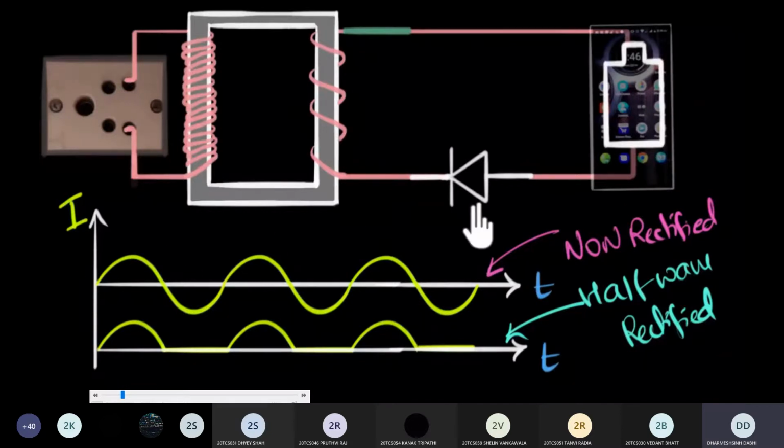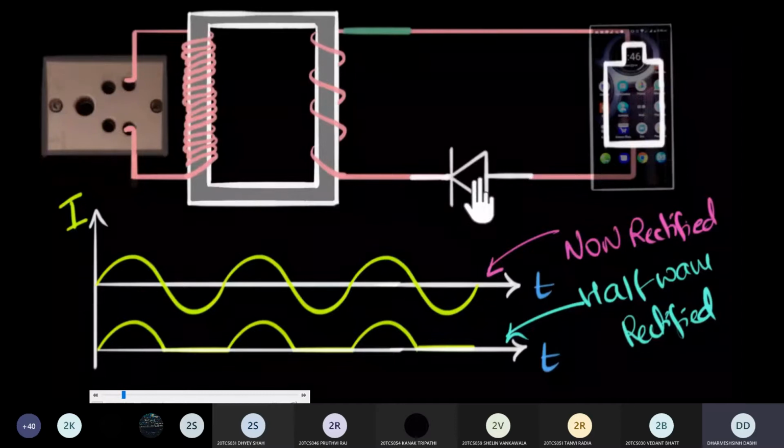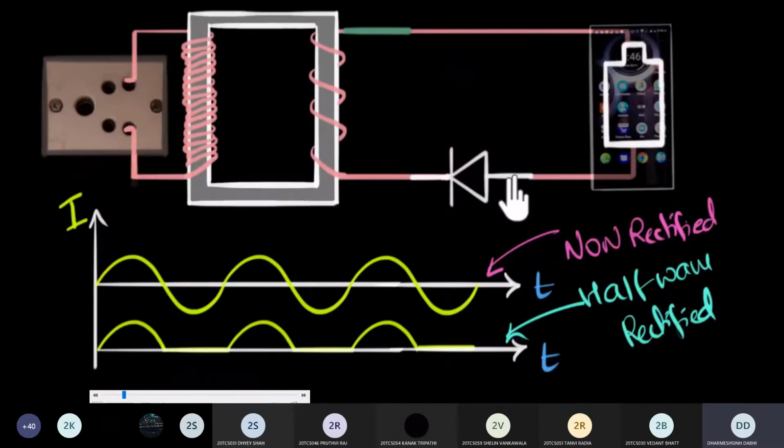Well, if we just have one diode, and you place it wherever you want, you place it here or wherever, you will see you can't make a full wave rectifier. It'll just act like this. To build a full wave rectifier, you require at least two diodes. So let's bring in a second diode over here. And let's think about how we can orient this diode and maybe we can get a full wave rectifier.